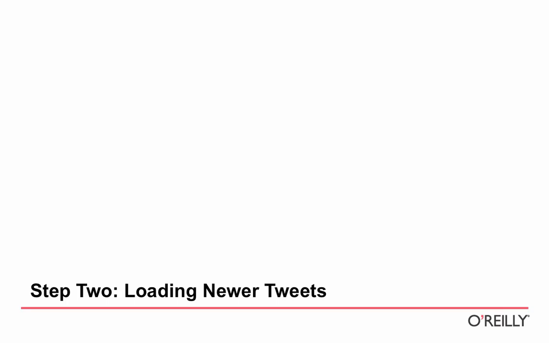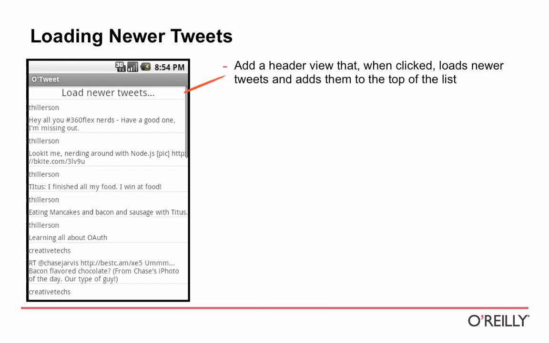So, step two, now that we've got a page worth of the home timeline tweets shown up in a list, let's work on loading newer tweets in case anything new comes across. So what we want to do is add a header view to the list that'll sit at the top, and when the user clicks it, it will load anything newer than what they're currently seeing so they can get updated to